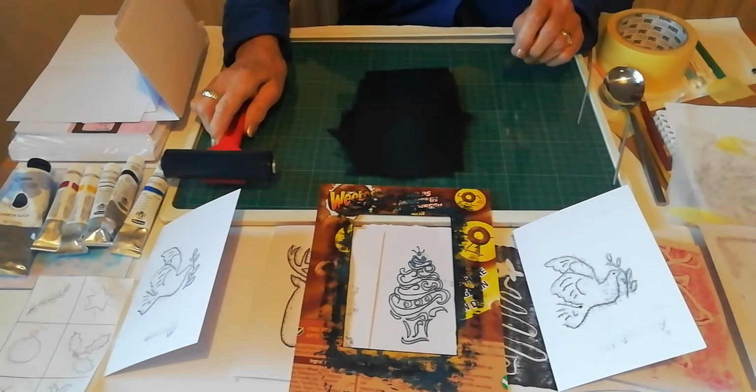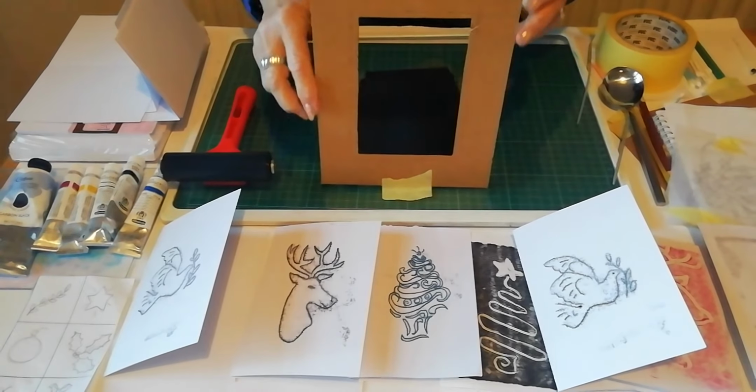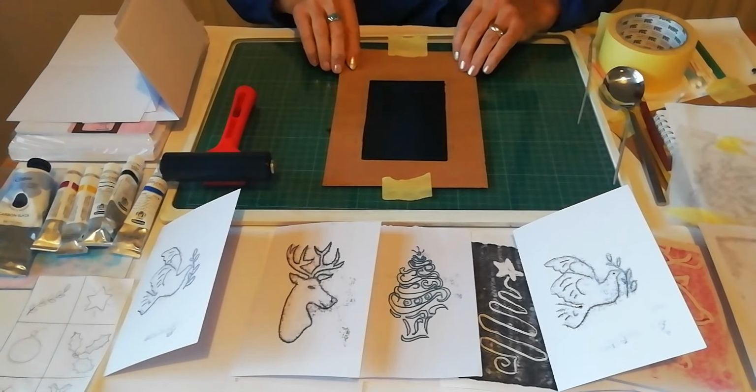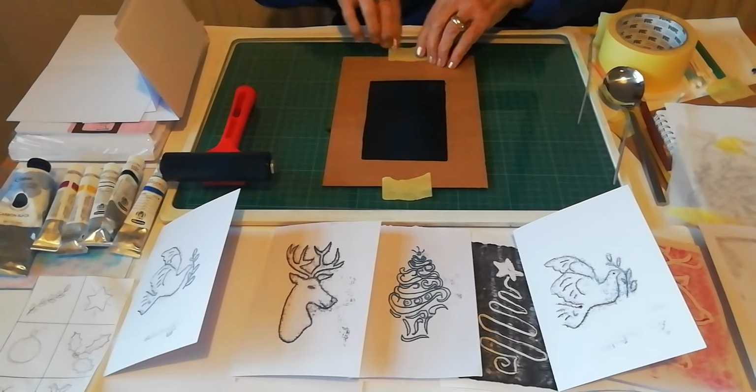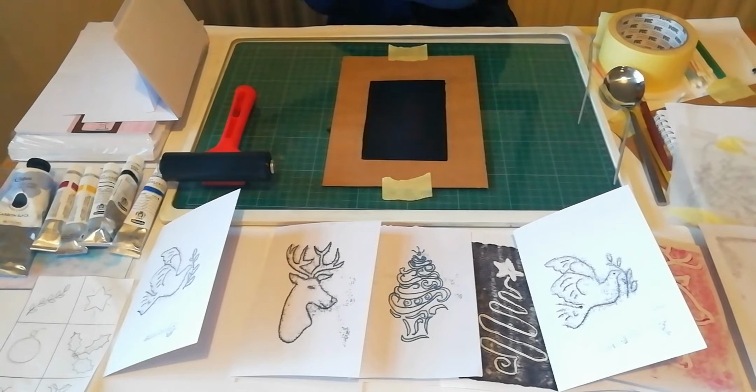Always remember to place your roller upside down so that it doesn't mark and make a mess. You try to keep the area as clean as possible. Try and keep your fingers away from the ink because you want to keep your card nice and clean. Okay, so again, getting your card,